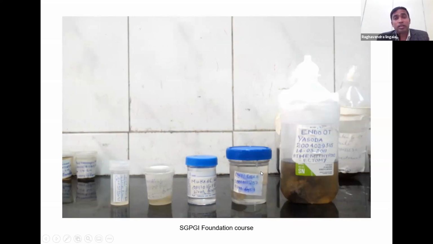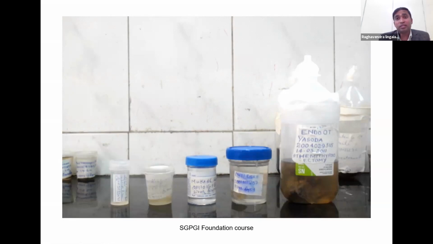Probably the formalin was leaking out, and then has taken out the labeling. While in another container, the blue cap container, you can see that it is nicely labeled and formalin is there, but the specimen is not at all there. So it's an empty container. For us, it is an empty container.